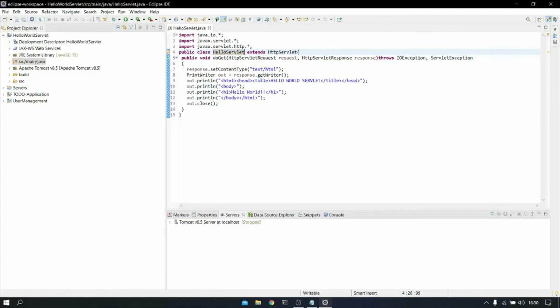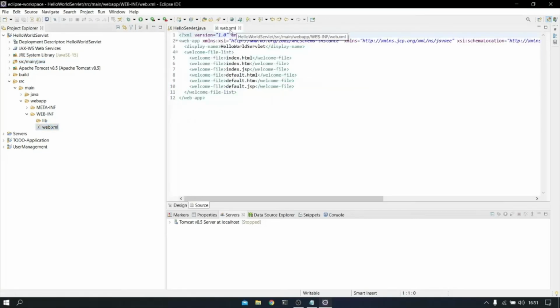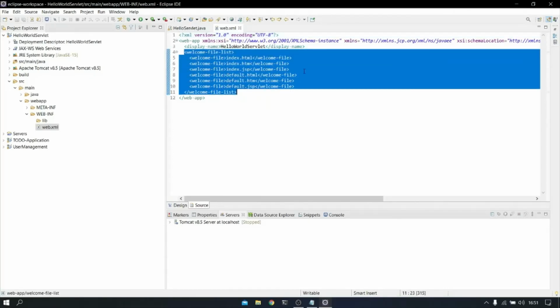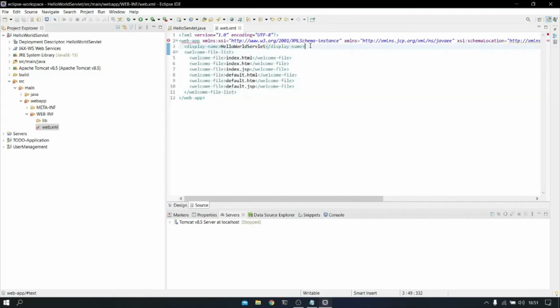Click on save. Now the next thing you need to do is set up the XML file. You can come to this source folder, main, web app, WEB-INF, and you can see the web XML file right here. Double click on it and it will open. Now you don't have to worry about all the file contents. Either you can delete it also, it's not a big deal. The only thing which we need to worry about is